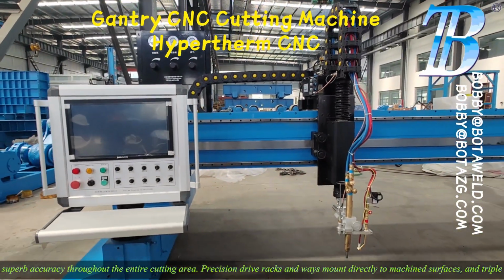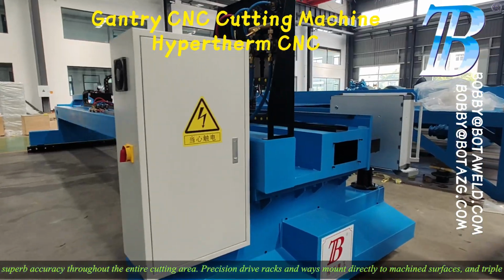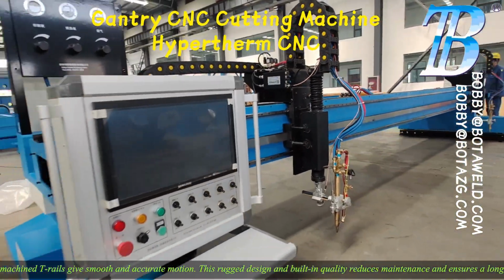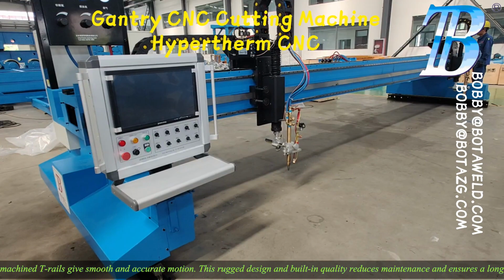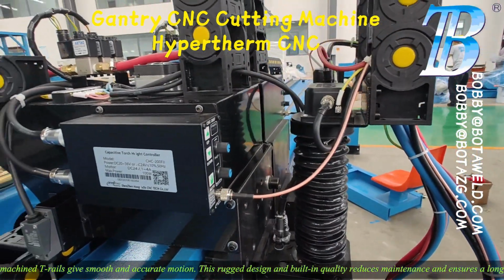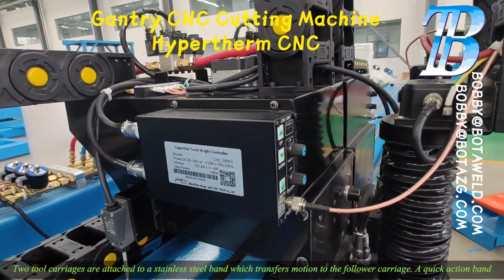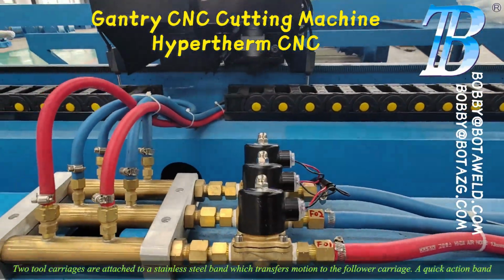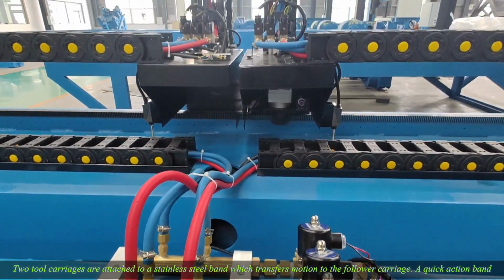Precision drive racks and ways mount directly to machine surfaces. And triple machine T-rails give smooth and accurate motion. This rugged design and built-in quality reduces maintenance and ensures a long service life. Two tool carriages are attached to a stainless steel band which transfers motion to the follower carriage. A quick action